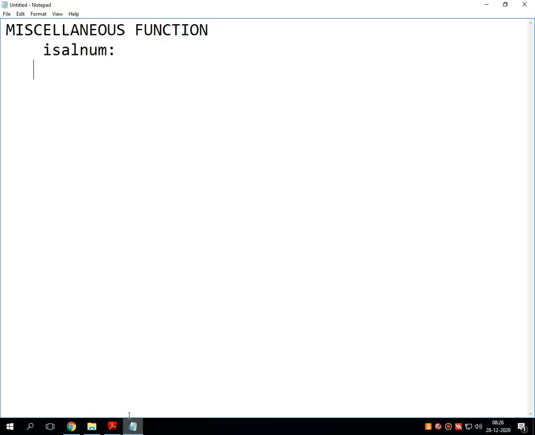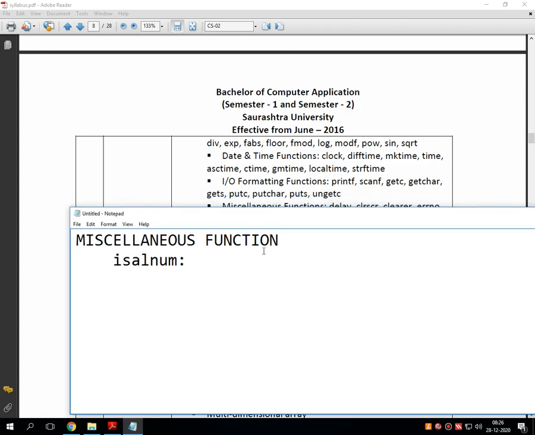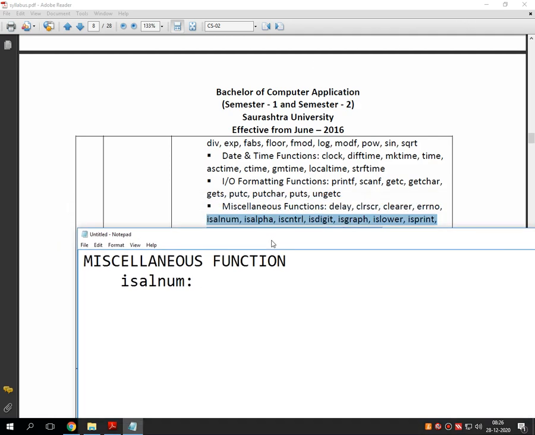Now, without wasting more time, let's start with the various types of library functions that we have to discuss. I am taking the first library function in the category called miscellaneous: isalnum.